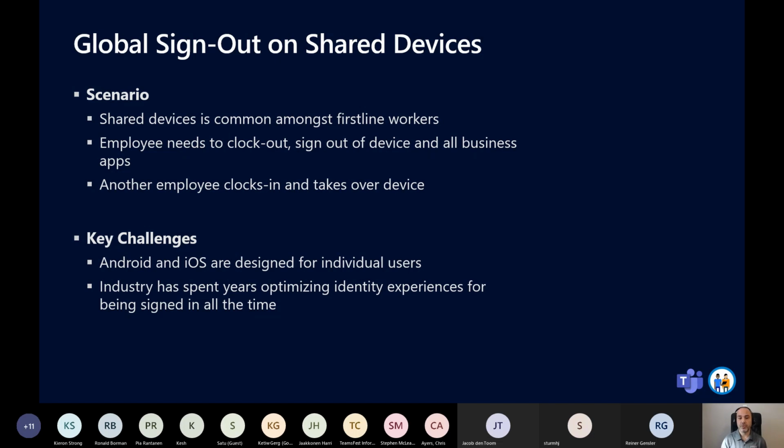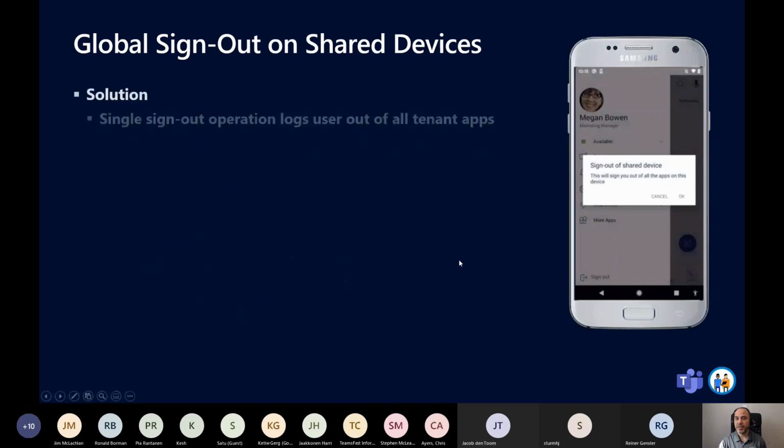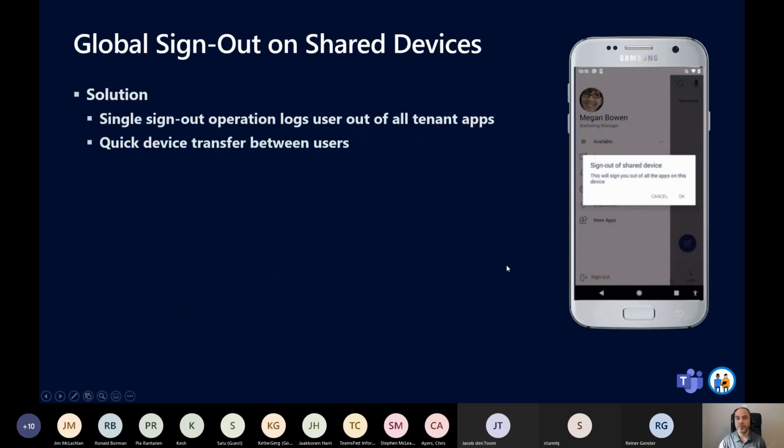So now if you need to leave your post, you need to go and actually log off of all of these services. That was a bit tedious, and sometimes if you forgot to log off of one service, you're actually still logged in to the other ones, and they can re-authenticate. So what Microsoft did is it allows a single sign-out experience where you can essentially say, I want to log off, and it's going to log you off of all of the Office 365 services in one shot. Then you hand over your device to the next person, and you know that your credentials have been cleared. You're not logged in anywhere else.